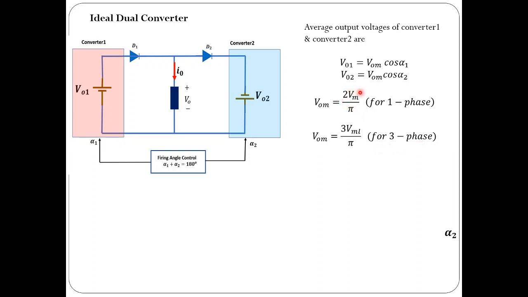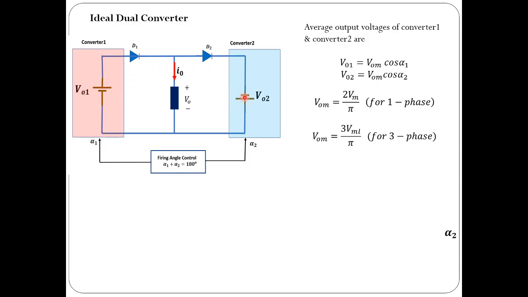What is VM here? VM here is the peak value of phase voltage for single phase converters. Similarly, VML is the line to line peak voltage for the 3 phase converter case. Substituting them, you would get the mathematical expression for the average voltage across converter 1 and converter 2 respectively. Now we know converter 1 and converter 2 are connected in anti-parallel, so the battery polarities, you can see,